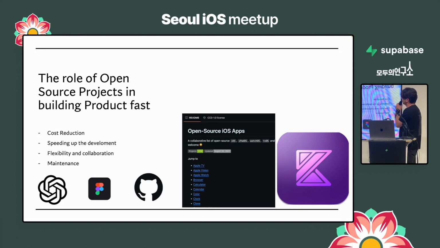If you use open source projects in your product, you will consider cost reduction, speeding up the development, flexibility and collaboration, and maintenance. And I will go through each one of the processes in the product development,